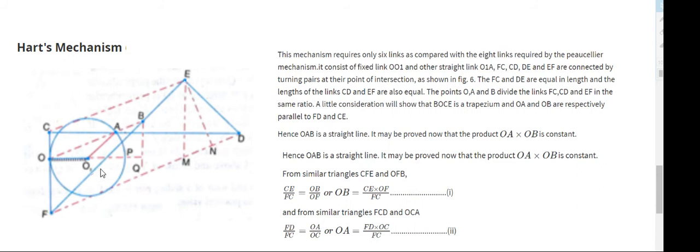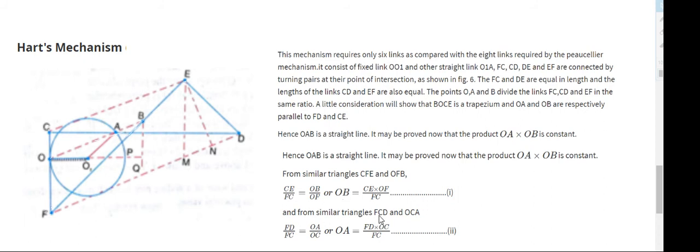This is the triangle, this side and this side, that triangle, and OFB, that is O, F, and B, this one. These two triangles are similar. One is inscribed inside the other. So this triangle and this triangle are similar in nature. So using that, you can write the ratios like this and you can find OB.